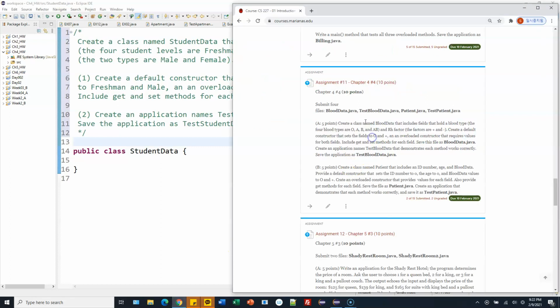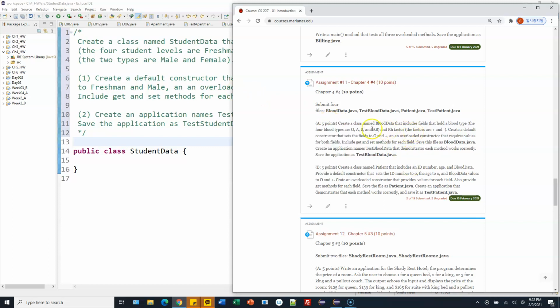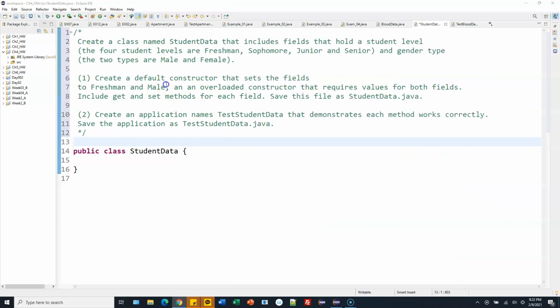Okay, let me explain the example in chapter 4, number 4 assignment. So let me change this one a little bit. I'm gonna use the same information but different data field. So look at this. Create a class named student data, and this student data will contain two fields, and